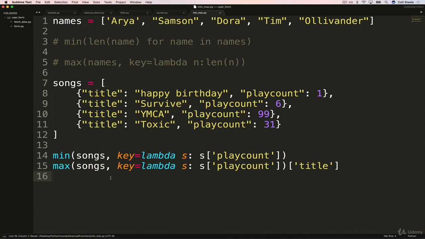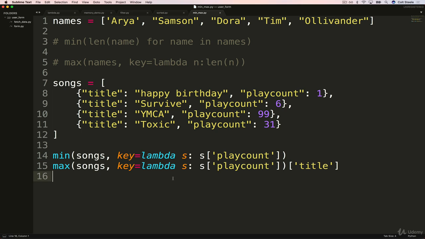So hopefully you can see a pattern here. A lot of these built-in functions I'm showing you work on one level, they're simple, but then you can specify an additional argument or parameter where you pass in a lambda that makes it more flexible. Syntactically more confusing, but if you're able to wrap your head around lambdas and what's actually happening here, this is a really nice way if you need to do something like min or max, although it's not that hard